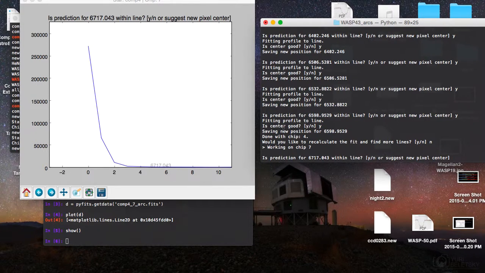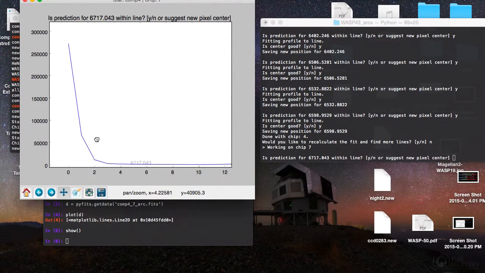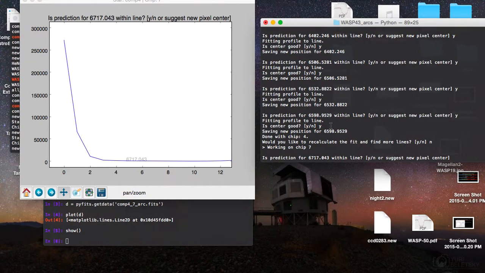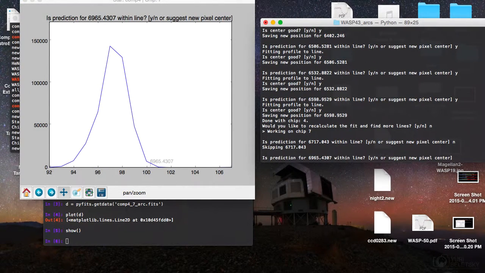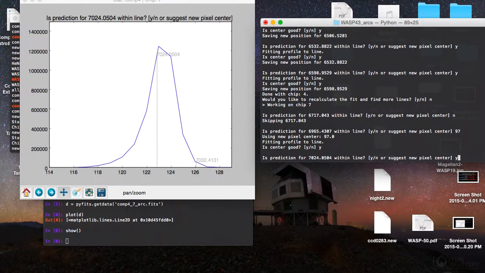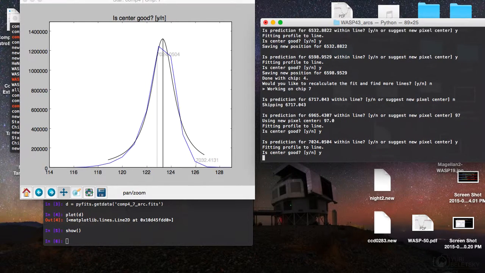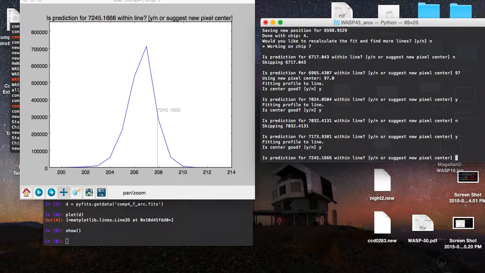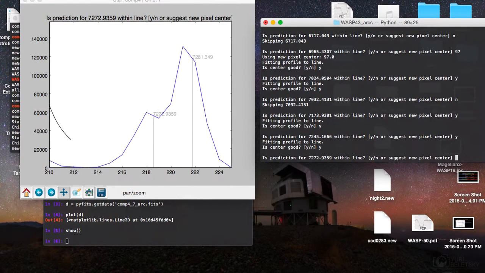So now we changed to chip 7, and it's the same process basically. Just that you skip the lines that you're not sure about. This one I can just understand it's around 97. Good fit. So you can just continue like this all the way, right? I'm not sure with that one. I'm sure with this one, right? So once you do this,